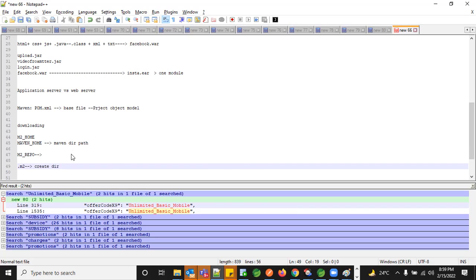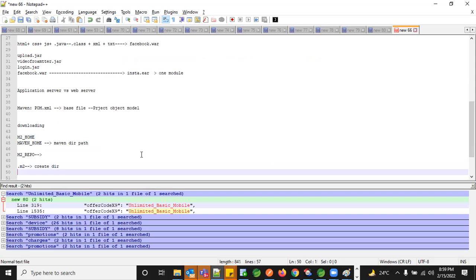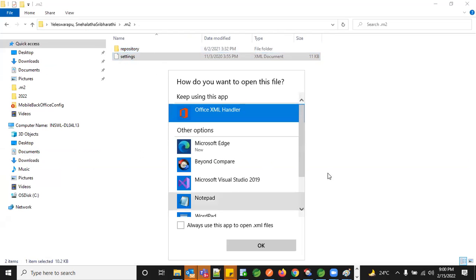And within that, you should have something called repository and settings.xml. So now create another directory within it, which is repository. Create a directory again within that. And you can see this settings.xml file.